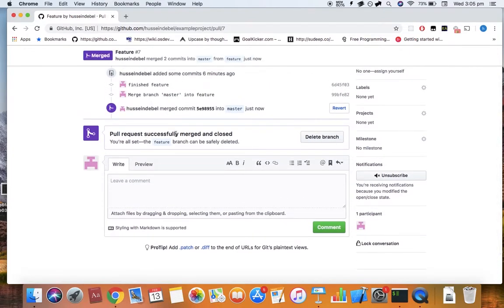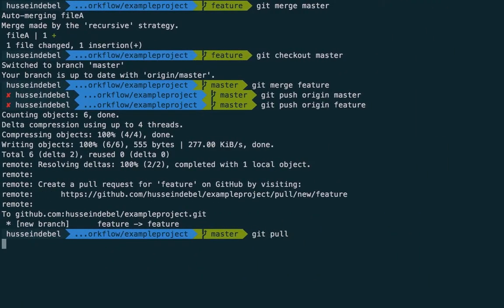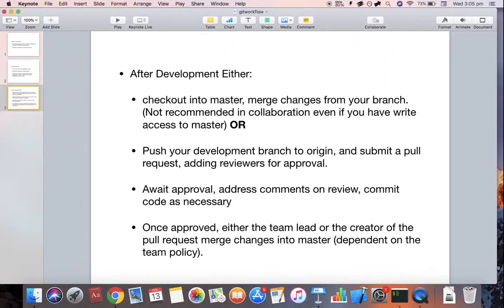So the pull request is done. The feature has been merged into master. I can also delete this branch. And if I go back into my master branch, I can git pull the changes. And I've got the new changes. So to summarize,